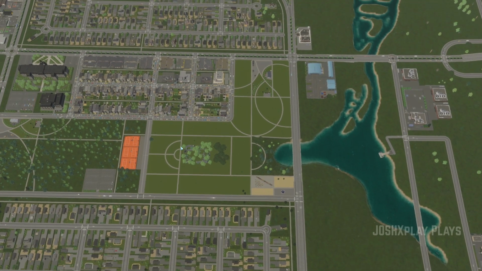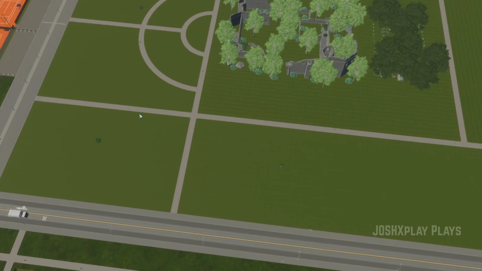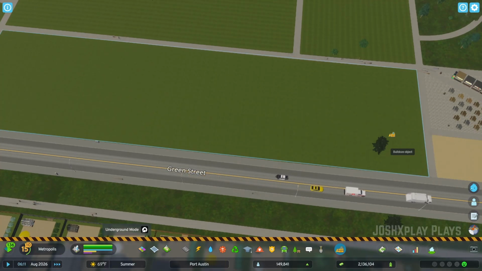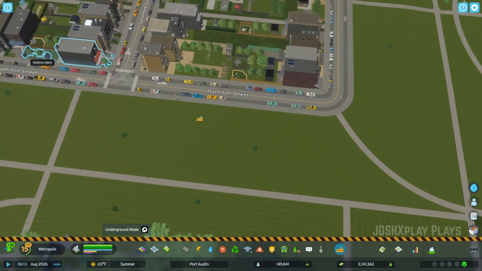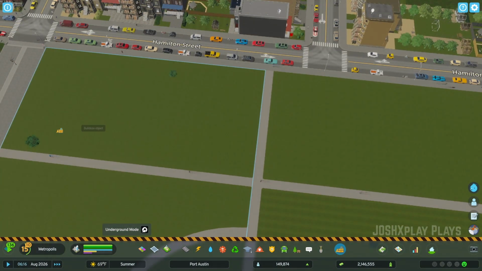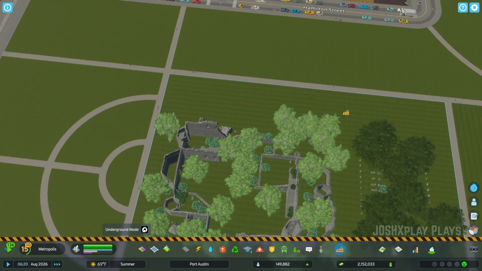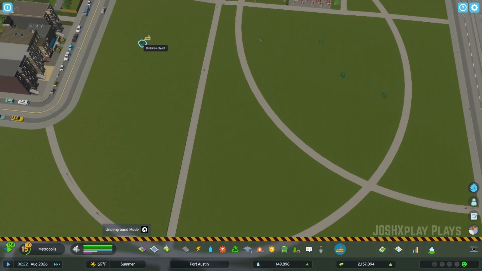It's fine. Again, I do think it has its own little personality, and so I think this is gonna work really, really well. Once again, I really wish we had park areas that would actually affect the surrounding area, but unfortunately we don't, and that's a big issue that hopefully can be addressed within the next patches and updates, and maybe even DLCs,